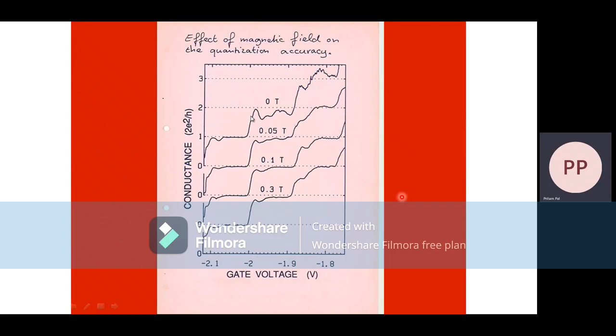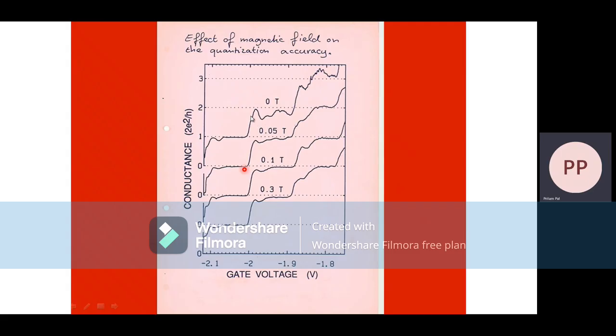They found already back in the 80s that as they increase the magnetic field, at zero field they could have a very disordered trace. You could still kind of recognize the regions where conductance should be quantized, but as they increase the field